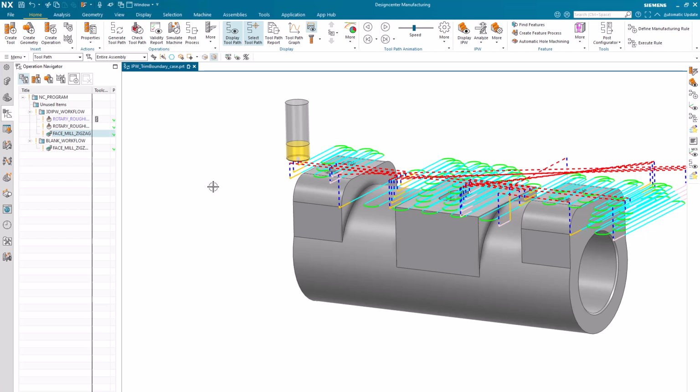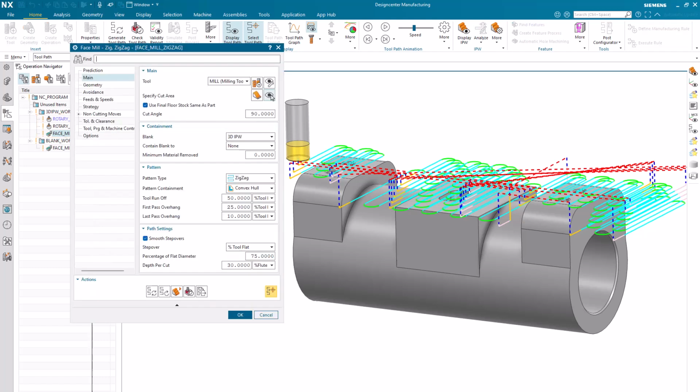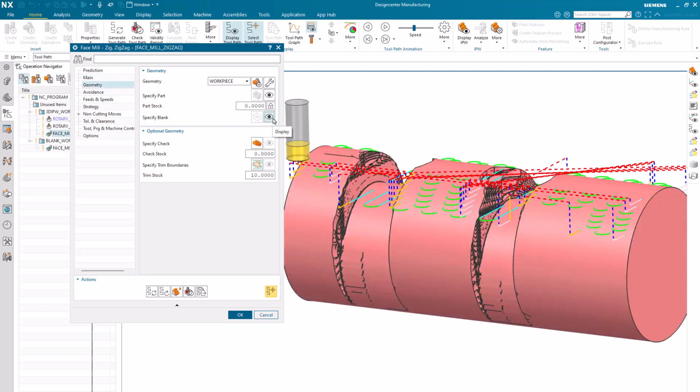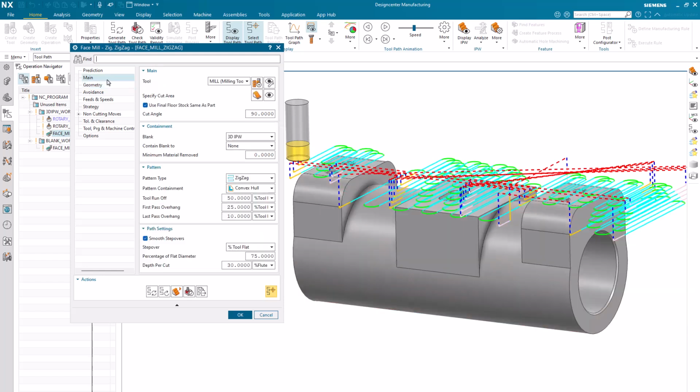For such a workflow, the blank for an operation will be based on all previous operations. While the selected cut area is identical to the first example, blank is now set to 3D IPW. Therefore, the blank, based on the 2 previous rotary roughing operations, looks different. Like in the first example, with Contain Blank To set to None, the toolpath won't be contained to the cut